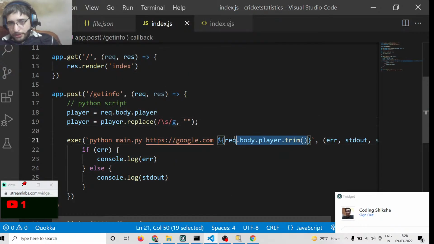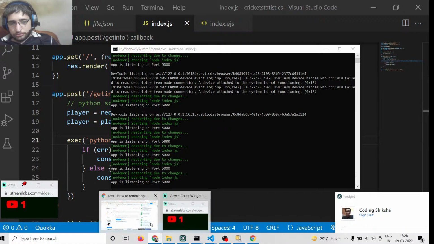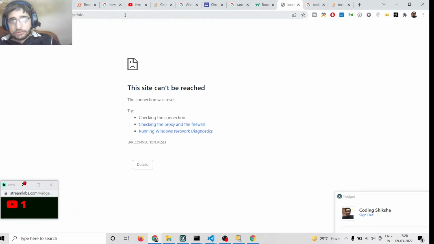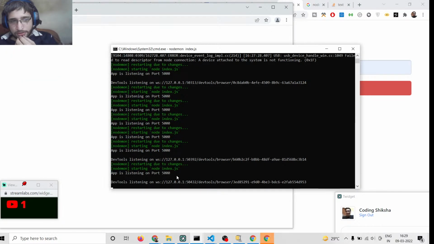Simply we will pass this player dynamically. Now if you pass this player here, hopefully this will open it. You will see it has opened this player, and if I console log it,